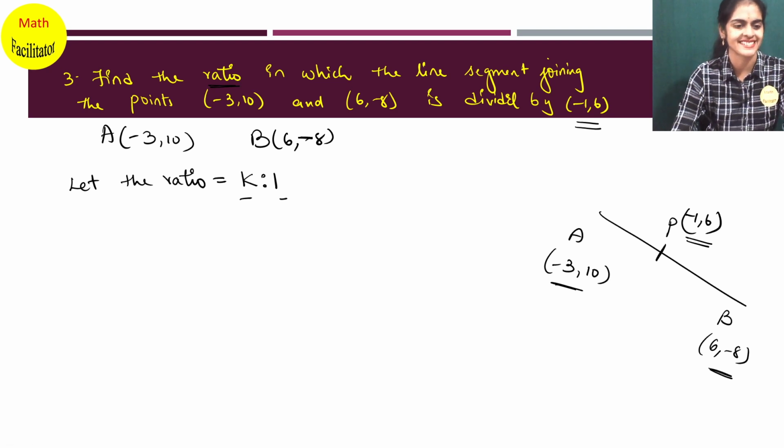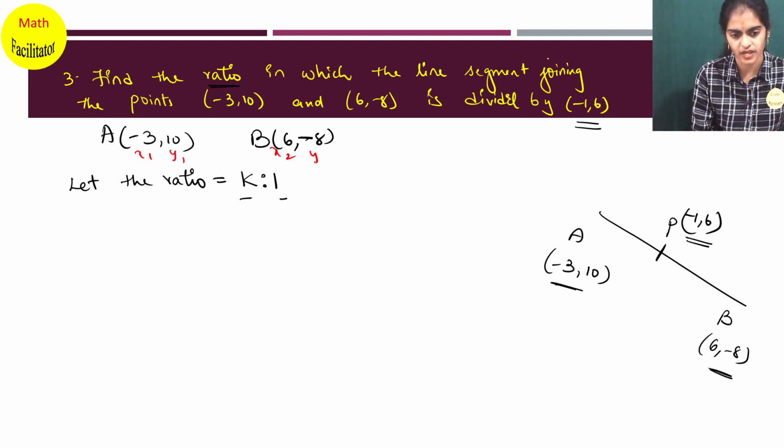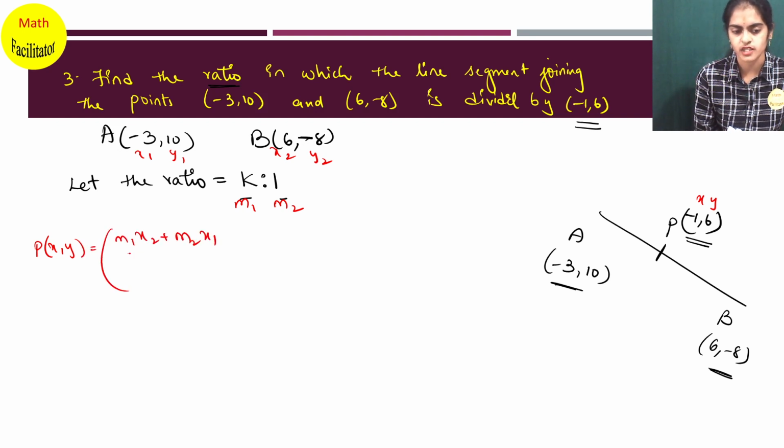So I was disconnected. Okay, I hope it is clear now. So we are taking the ratio as k is to 1. Okay, so let us just consider the points. Let us take this as x1, y1, this as x2, y2, and this point P is nothing but x comma y, and the ratio is m1 is to m2. Now we know the section formula to find the coordinate of P is nothing but m1 x2 plus m2 x1 by